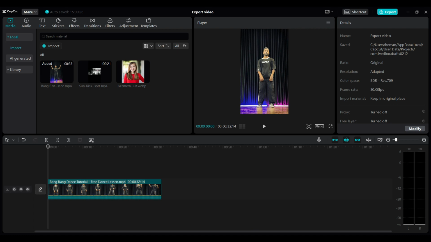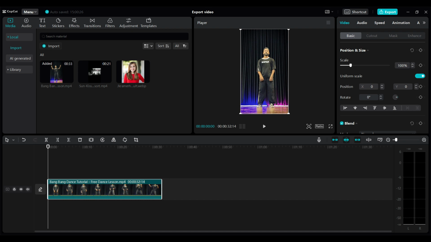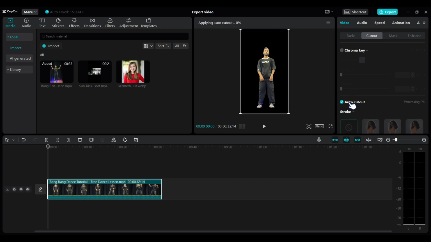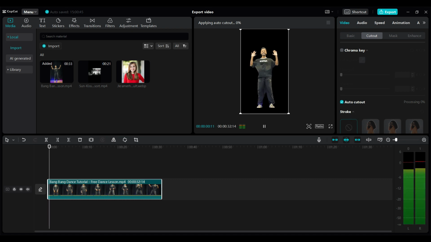I have a video of whose background I'd like to remove. Let's click on it, and again a settings bar will open on the top right, and let's go to cutout. The same process as the previous one. Let's click on the auto cutout, and there you have it guys. The background is removed. Let's try to play the video,